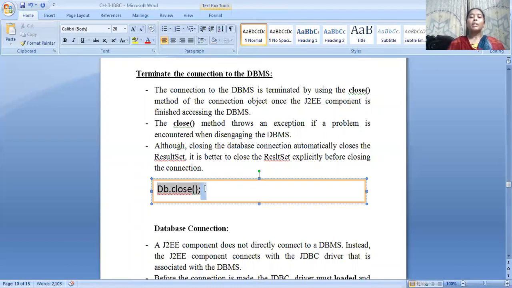If I mention a particular database to be closed, then automatically it closes, and it closes the result set before it closes the connection. So this is how a particular JDBC process is going to be executed.